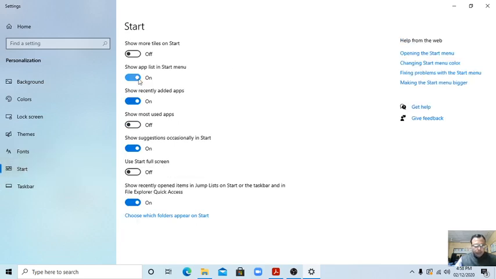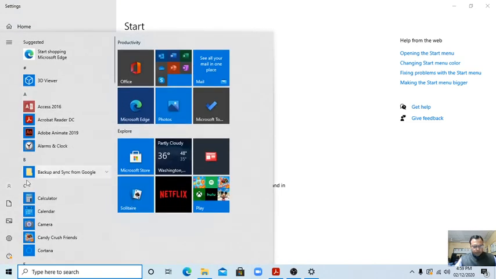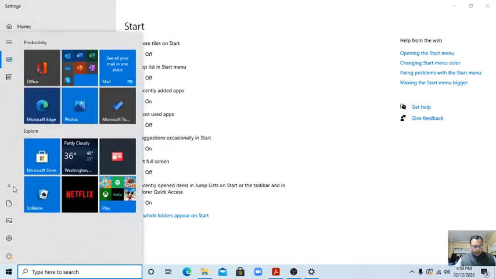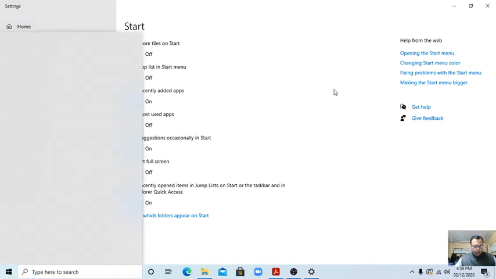Start button. See, show app list in start menu, show more tiles on start. See this. Okay. So app list in start is now off. They all are off. Okay.